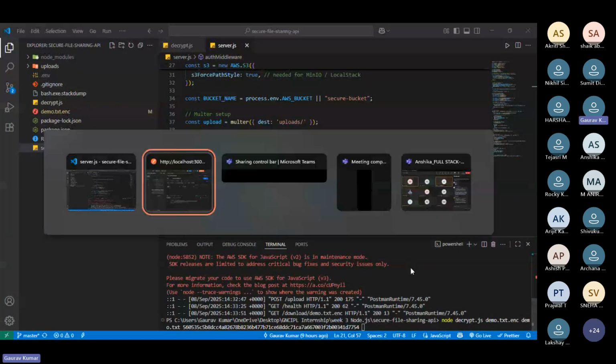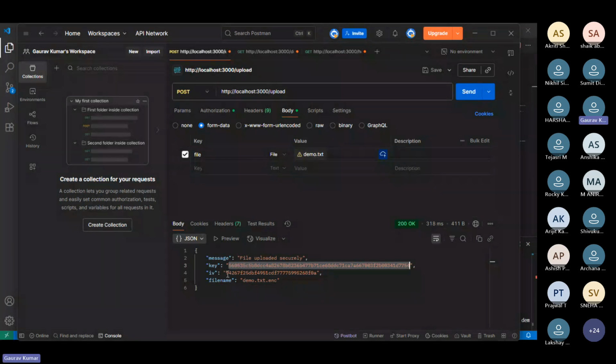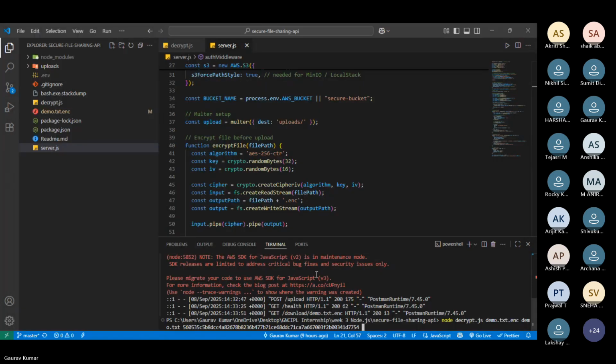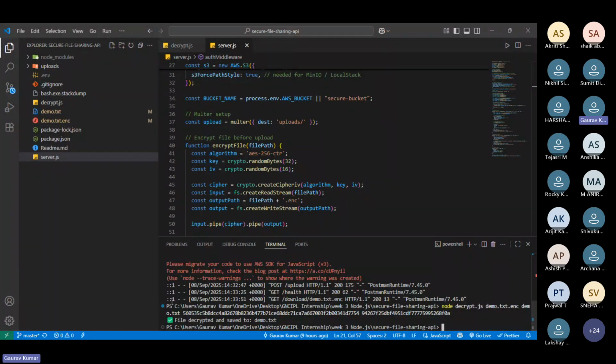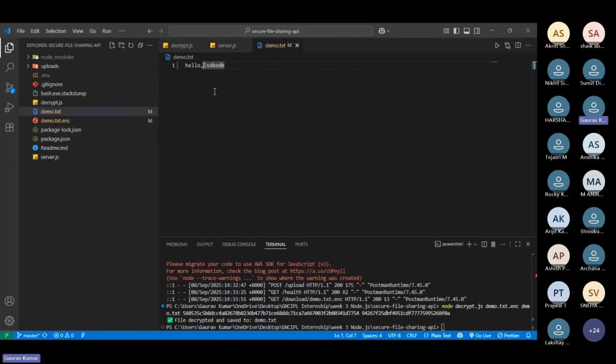Next, the IV. The file is decrypted, then go to save, giving the decrypted data from the encrypted data. That's all, ma'am.